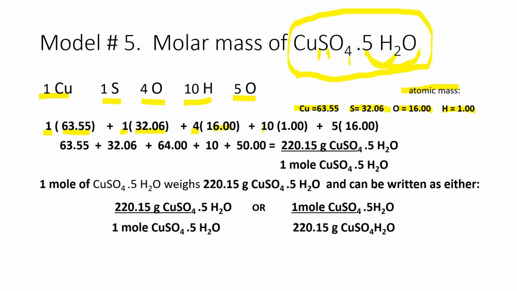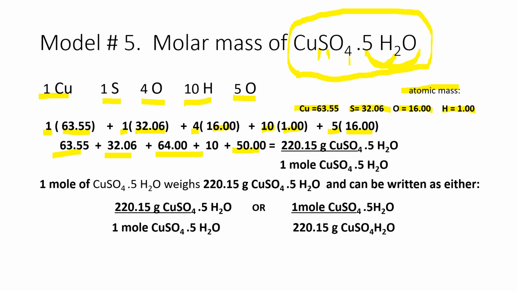And for hydrogen, the number of hydrogen by the atomic mass of hydrogen. And another oxygen here is 5 oxygen times the atomic mass of oxygen. So, getting the sum of all these masses is equal to